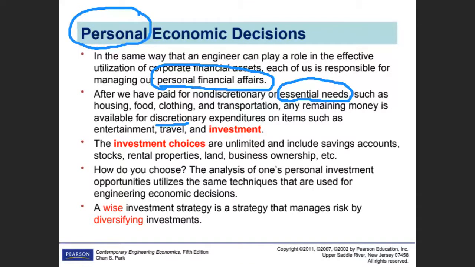You have to make sure that you have enough money so that you can pay salaries to your employees, pay the electricity bill, and make a payment to your supplier who is giving you raw material. Then whatever money is left, you can spend on some investment or travel or entertainment. For an organization, if you have extra money, you can put it in different investments. Now, what are the investment choices?